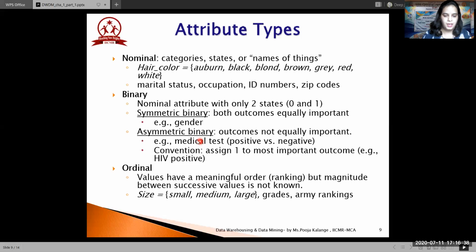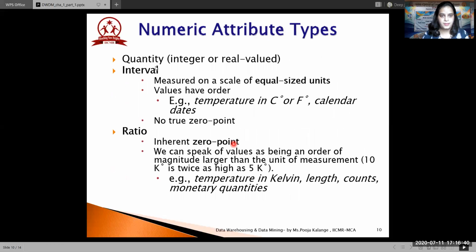Okay, now the next attribute is the quantitative attribute. It will give you some integer or real-valued attribute. Means for example, interval means what? It will specify some range. Like for example, if we have fever, when it is said to be normal, it should be in the range of below 100 degrees. If it is above 100 degrees, then it is said to be fever, right? So interval scale is also one of the attribute measures.